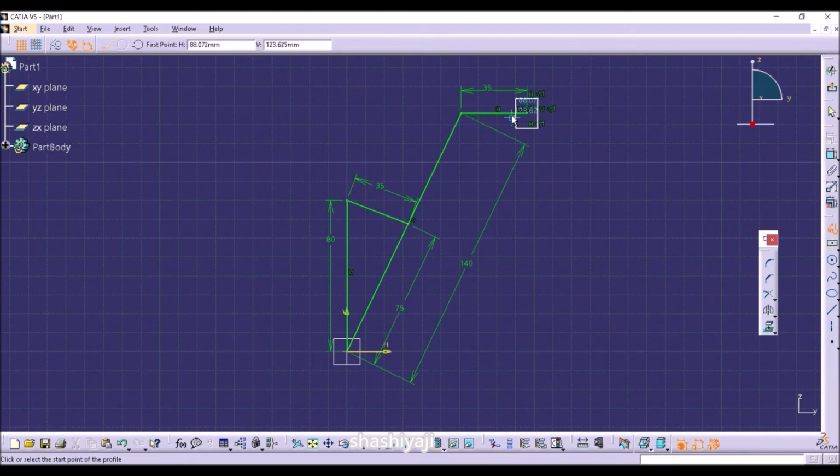This is actually the representation of the cutting tool. Select all the lines of the cutting tool and fix together.